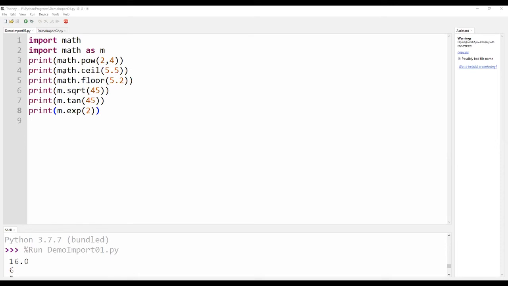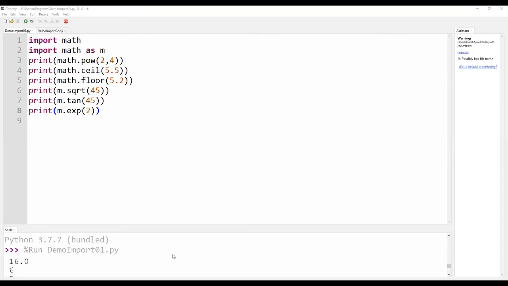How to use it now? math.pow, math.ceil, math.floor. That is, I mention the module name, dot, the object name along with the parameters. Either I can use this method or I can use the alias name, namely m.sqrt, m.tan, m.exp.